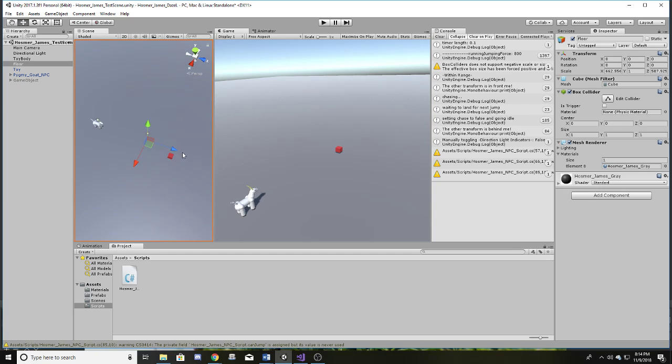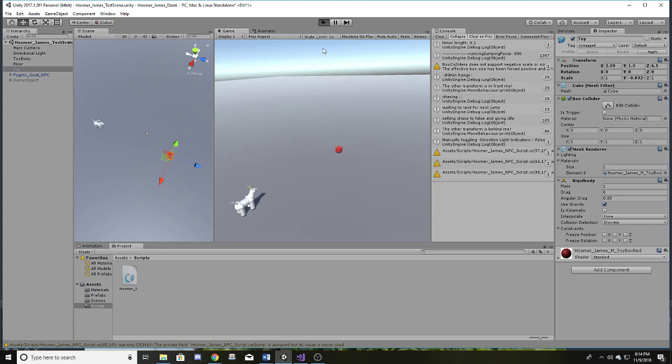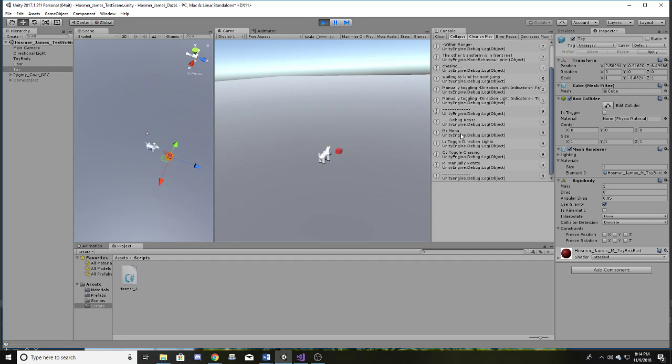And now we got our toy. Very generic little box the goat's going to learn to play with. When we play, the goat begins to chase it. Now, if we turn off these lights with an L, also if we hit M, we see all of our